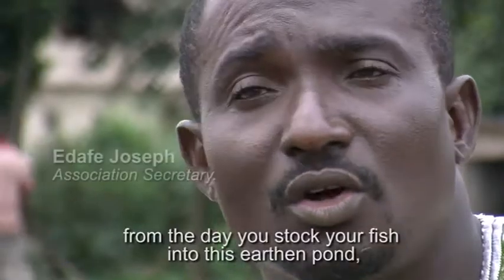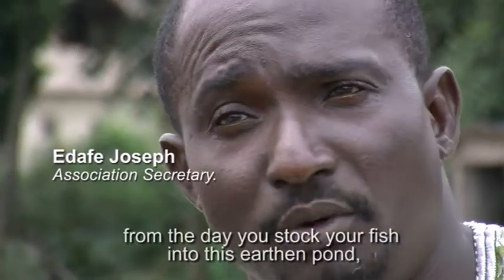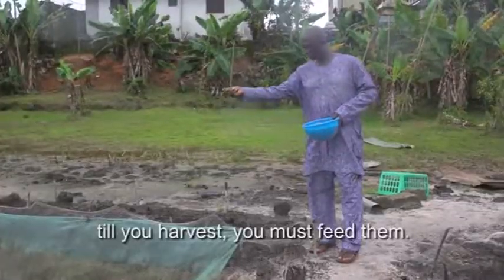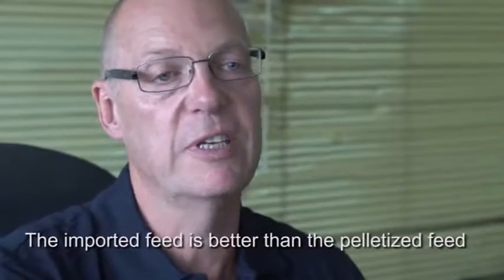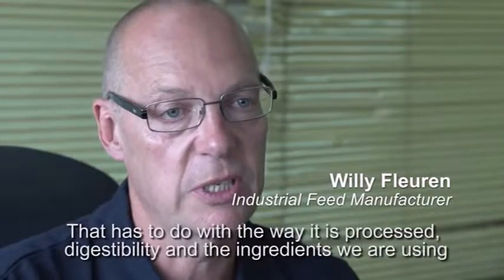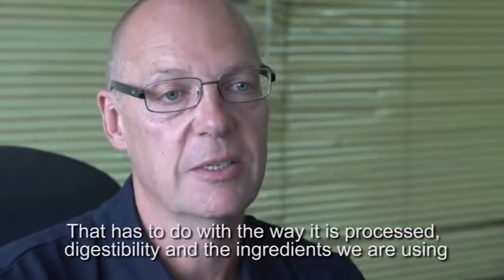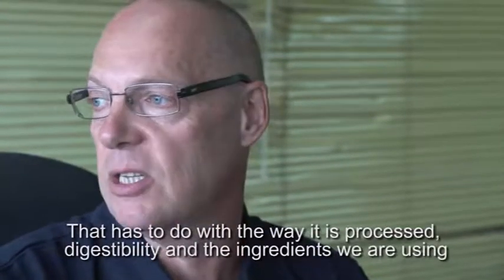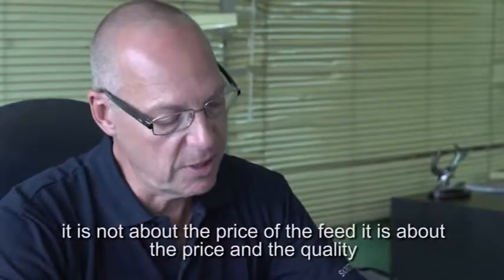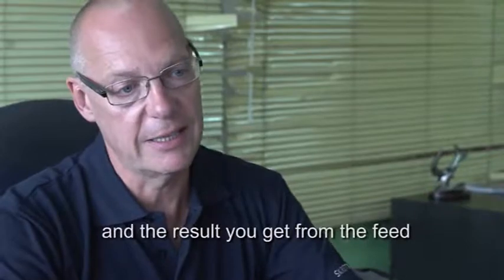From the day you stock your fish into this eating pond, till you harvest, you must feed them. And over time, minimum is twice a day, maximum is 4 times a day. But the imported feed is better than the pelletized feed. That has to do with the way it is processed, digestibility, and the ingredients which we are using. It's not about the price of the feed, it's about the price and the quality and the results you get